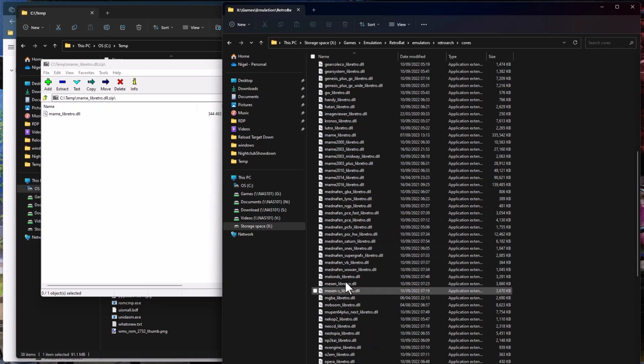And then down this list, you'll have MAME. I see in the wiki where it says it supports older versions of MAME, so MAME 2000, 2003. These are all the different cores for that. And then that one there, you could just rename. You could put a .old on the end just to keep it, just in case anything goes wrong. And then literally copy this DLL into here, and then you know you've got version 259 in this case of